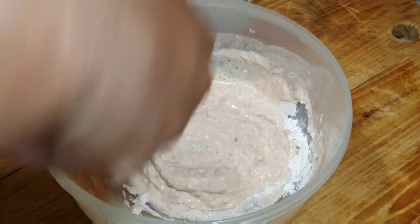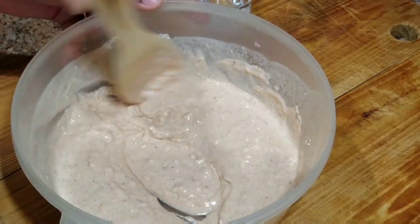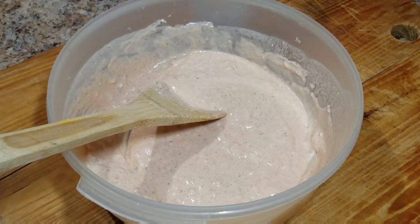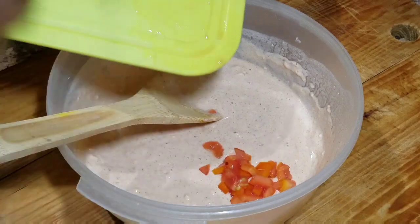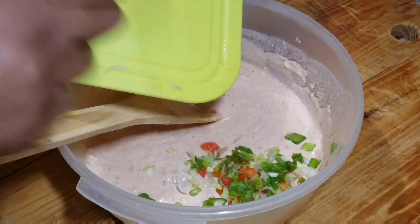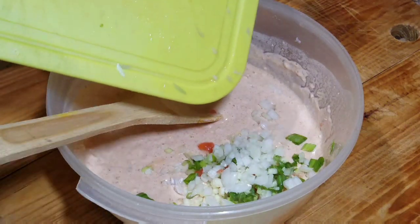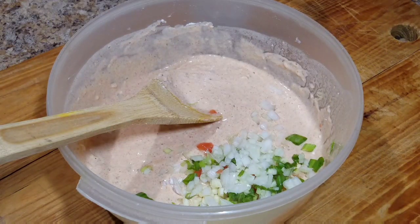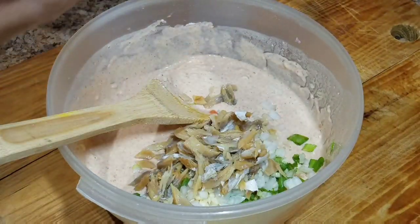Alright, so once all of the dry ingredients are combined properly, I'm gonna go ahead and add my seasoning, and these seasonings are some tomatoes, some onion, some scallion, bell pepper, garlic, and if you have any other seasoning that you want to add to it, you can always go ahead and add it. Alright, I will also add my saltfish,